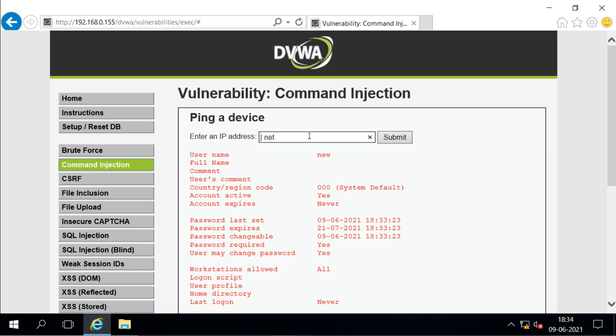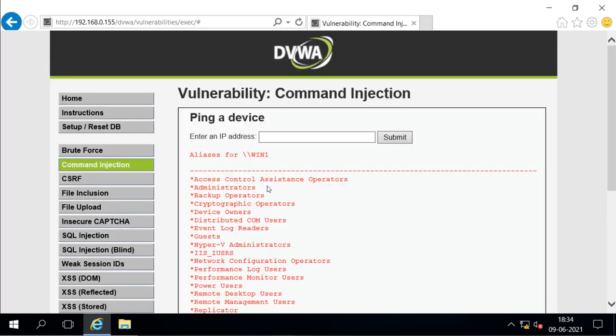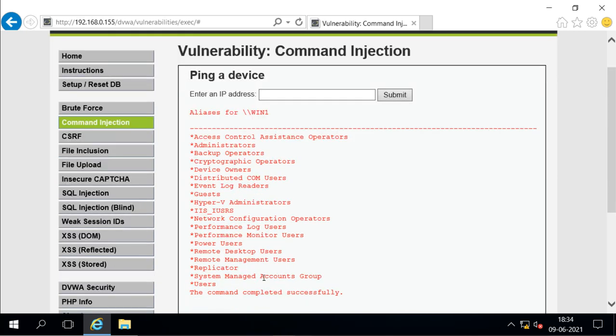If I want to check how many groups are there, I will give the net localgroup command, and it will show me all the groups available on that machine. And I know if I want to make that user an administrator, I have to make this user a member of this administrator group.